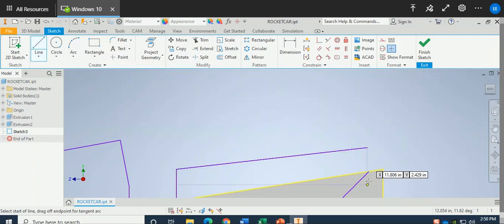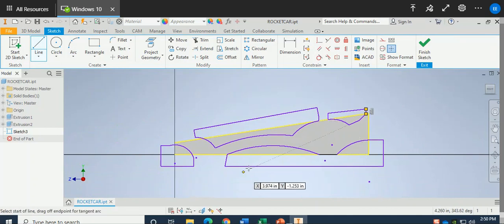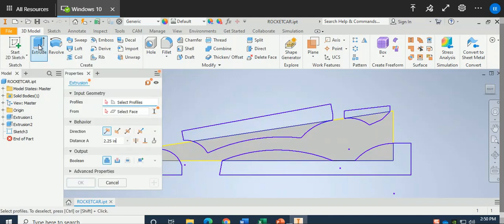Okay, line. In this program, each line is a program as well. Okay, so how many parts do I have to subtract? 1, 2, 3, 4 parts will be subtracted if I extrude them. How much is the extrusion going to be? Same extrusion as we did before, 1.625 or 1 5/8 of an inch. So I'm going to go to finish the sketch command, okay, and select the extrude command, select the subtract command, okay,